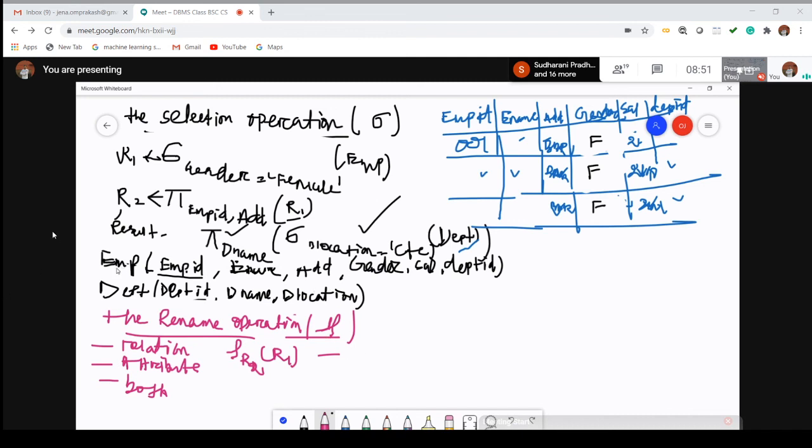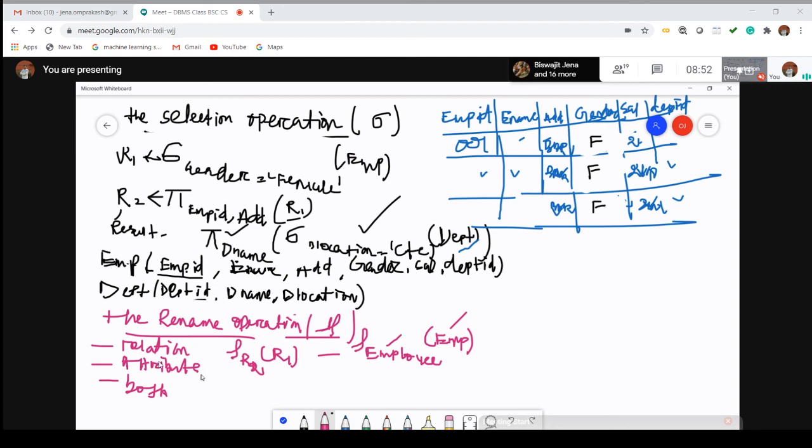Now we have an employee relation over here. Suppose I rename it. Instead of EMP, I have renamed it as employee. Which table is to be renamed? The employee table. So this is an example of how you can rename the entire relation. Rename EMP with employee. You can rename it as employee1, employee2, employee10, anything. This one is the base relation, and this one is the updated, renamed relation. So the first one is completed: how you can rename a relation.